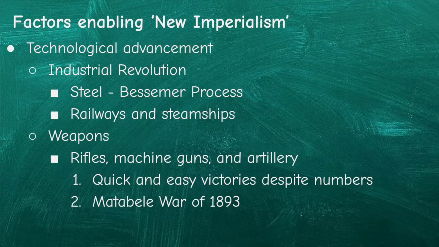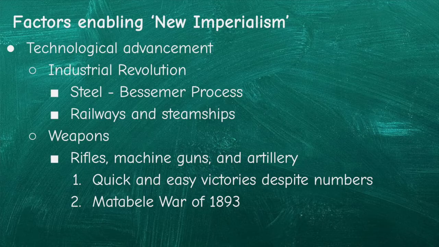Rifles become significantly more advanced, and machine guns and artillery become advanced. During the initial period of old imperialism, so to speak, whenever Europeans were really getting into the Americas, guns and rifles really helped them, whereas in Africa, the guns weren't really useful because they didn't have the advantage of horseback, which allowed them to escape quickly. Because remember, the guns took forever to load, so they didn't have that advantage whenever they couldn't use horses. So they had to fight the old-fashioned way with swords, and Africans had swords and spears and were just as